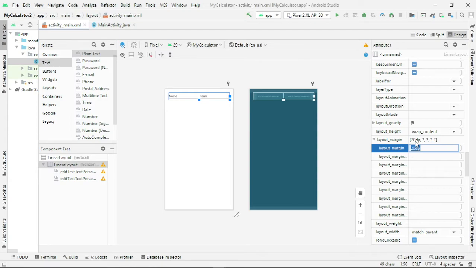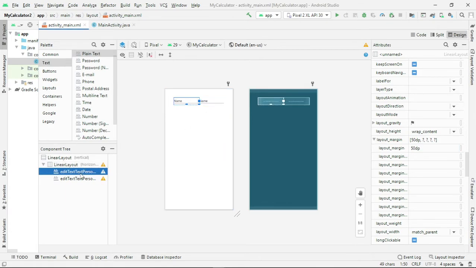Yes, it came a little bit down. If you want it still down, you can go with 30 dp. Let me go a little bit down, 40 dp. Still you want to go a little bit down, 50 dp. Okay, fine, for me this is fine.